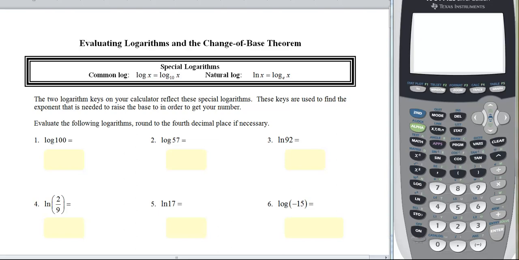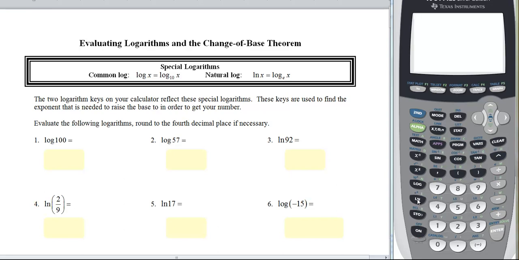Now we're going to evaluate logarithms and find out what the change of base theorem is. Special logs, this is at least the third time you've seen this. Common log, you'll see it this way, but it's understood to be base 10. Natural log, you'll see it like this, but it's understood to be base e. Now the two log keys on your calculator, here's your log and your ln,